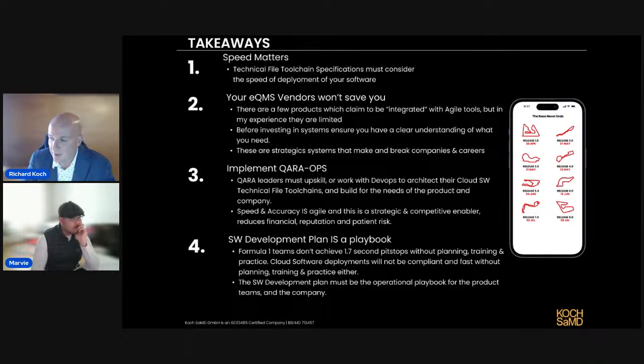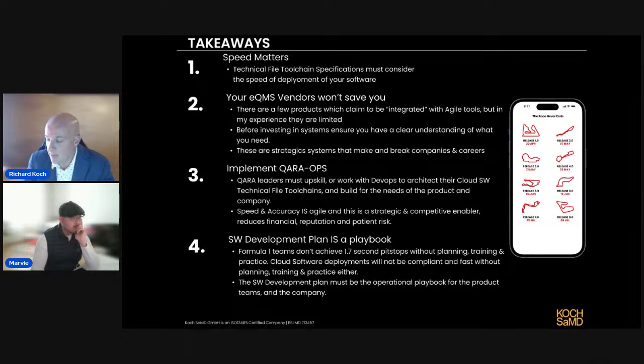And these investments are really, really important. And I know there are some tools coming which are going to be more integrated into the Git or Jira tools, which is the way of the future. And I've heard stories of QA/RA people losing their jobs because of the wrong toolchain choice. And I've actually seen the economic impact of the wrong tool choice in companies, because it really does slow down software projects.